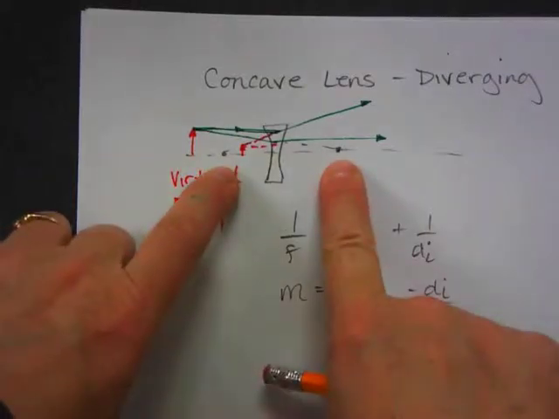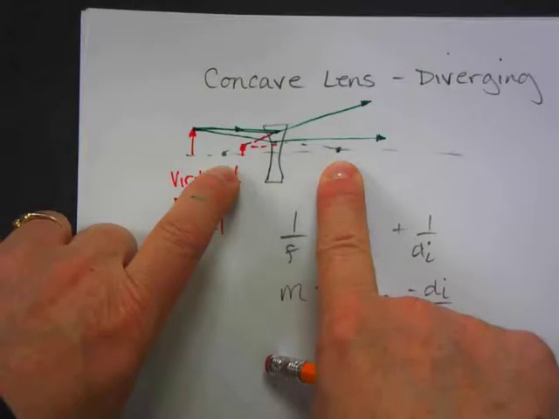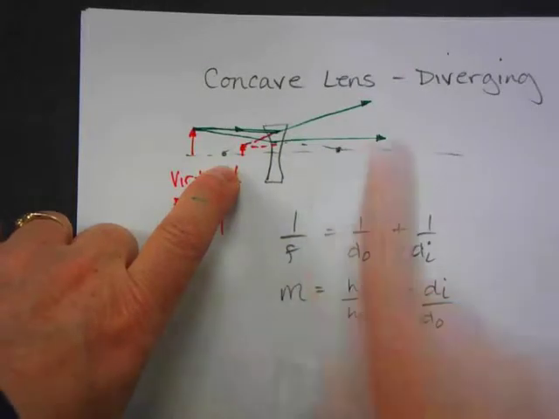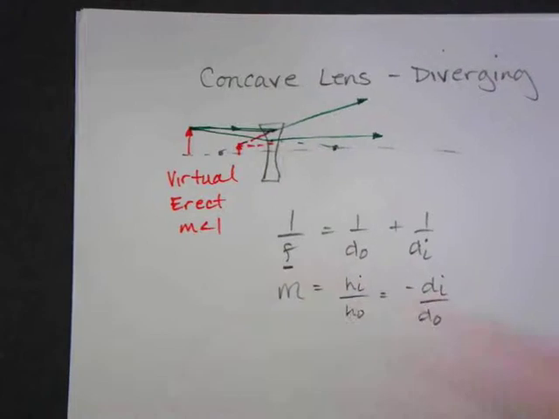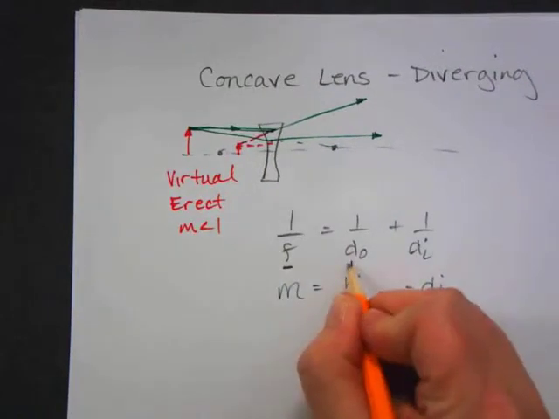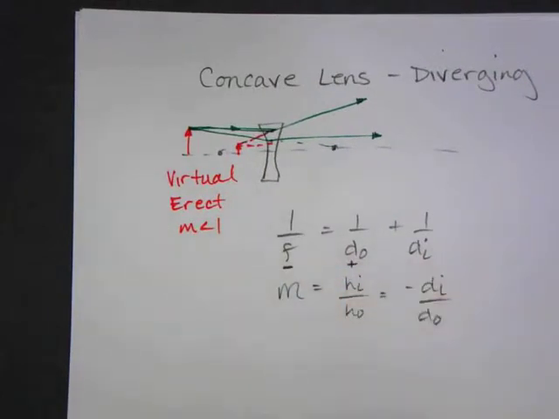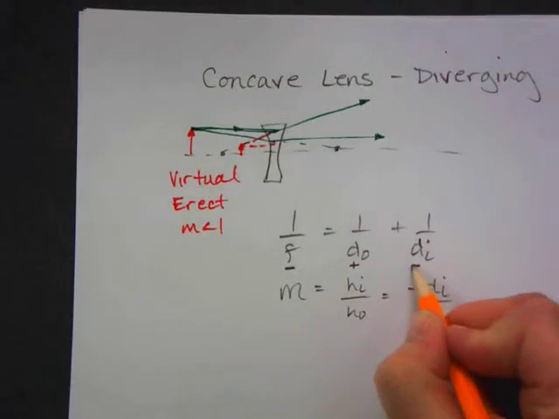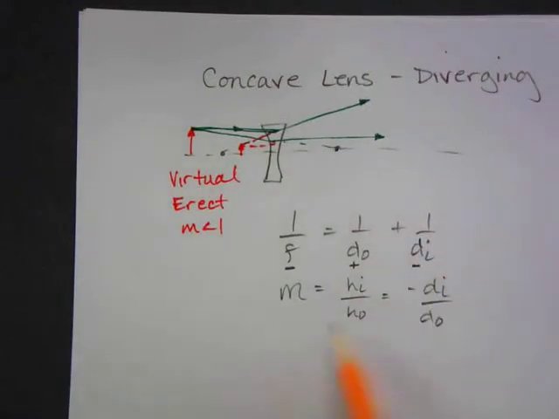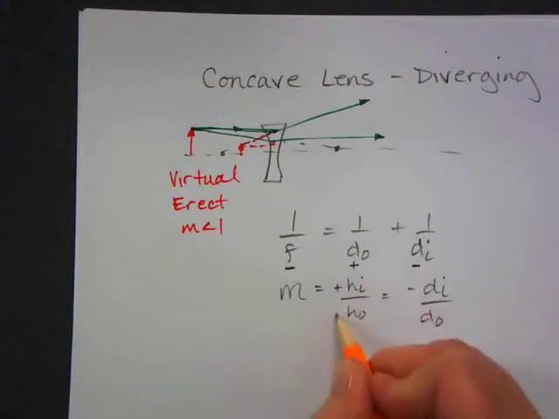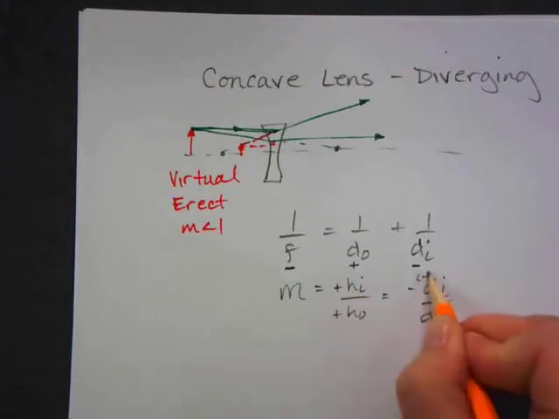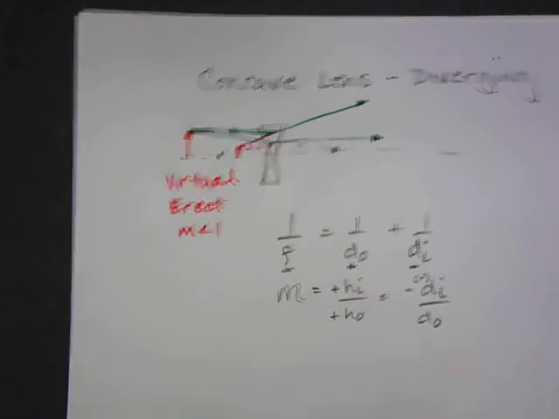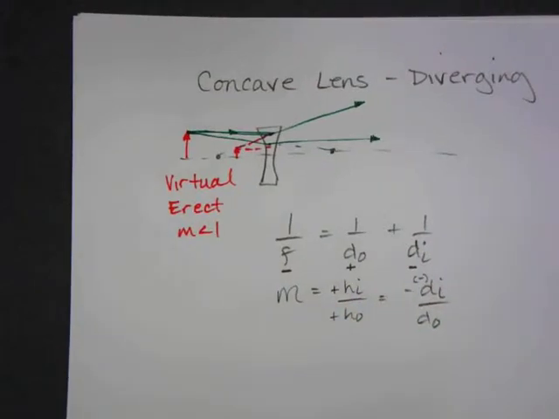All right, so let's do positives and negatives here. Focal length. Does any light go through the focal point? This is a weird one. Light does not go through the focal point, so is that a real or a virtual focal length? Virtual, so that's negative. Object distance is always positive, and image is virtual, so is that a positive or negative image distance? Negative, right. Magnification is less than 1. These are both right side up, so are those positive or negative? Positive. Yep. And the image distance was